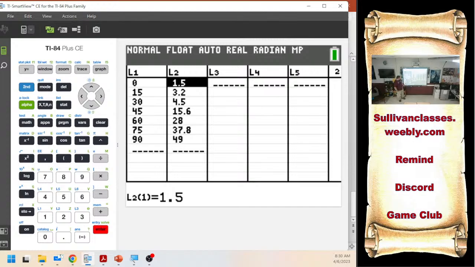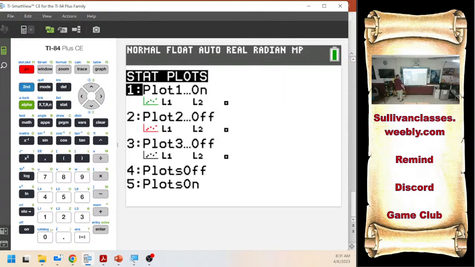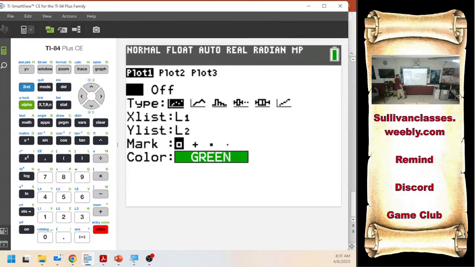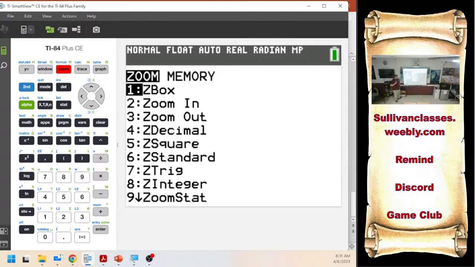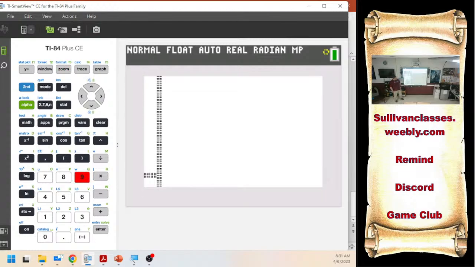It looks decent. Okay. So if I'm going to determine which models are going to be the most reasonable, I should probably just look at my data on a scatter plot to determine what type of function is going to fit that shape. So I'm going to go to my stat plots, plot one on, make sure it's your correct list, monkey with the visuals of it if you want. I will zoom to my stats. Zoom stat, and I see,